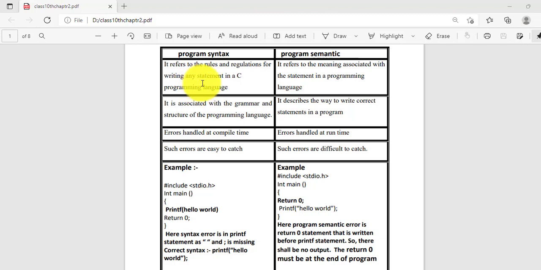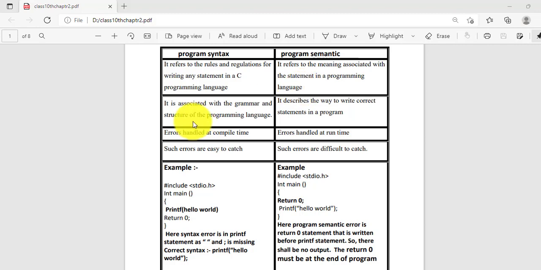So syntax is the rules and regulations to write a program, whereas program semantics refers to the meaning associated with the statement. What do the statements in the program actually say, or what is the meaning of the programming statement that you have written? Program semantics is the meaning associated with the statement in the programming language.